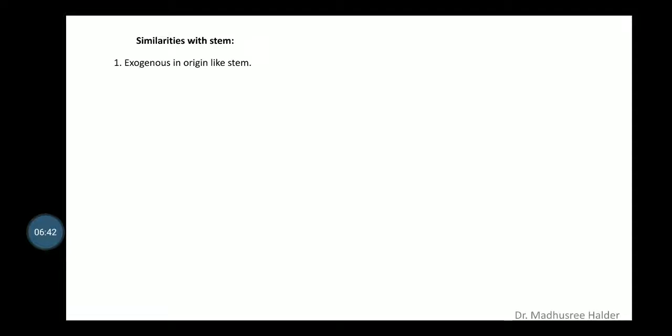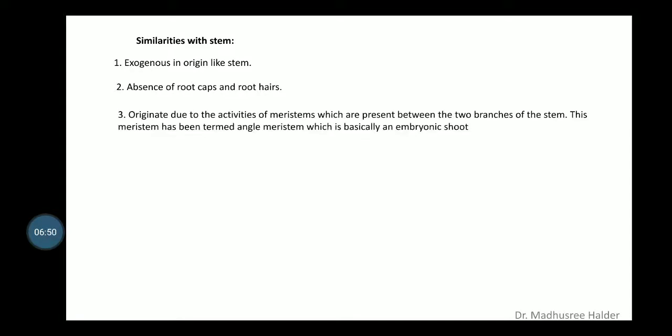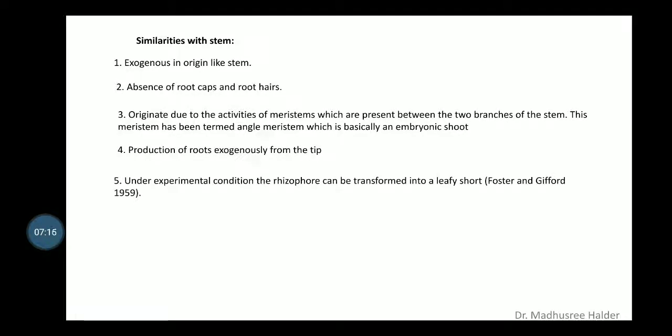Firstly, rhizophore is exogenous in origin like that of stem. Absence of root caps and root hairs. Originate due to activities of meristem which are present between two branches of stem. This meristem has been termed angle meristem, which is basically an embryonic shoot, and the production of roots exogenously from the tip of rhizophore. And lastly, under experimental condition, rhizophore can be transformed into a leafy shoot, that is reported by Gifford and Foster